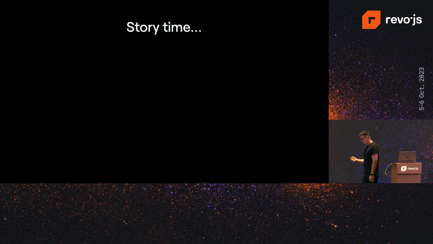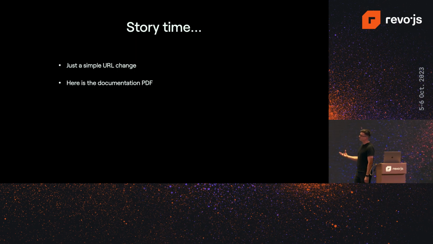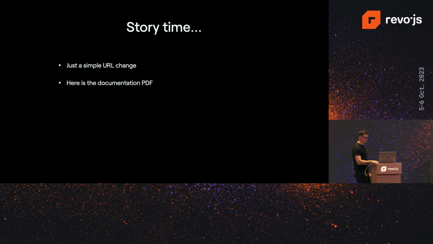So let me tell you a story. A couple of months ago, our logistics partner came and said that they need to make some changes to the API. But basically, it's just going to be something where we need to change the URL, and then it's still going to work. So we said, OK, but do you have any documentation for the stuff that changed? They said, OK, here's a PDF with the documentation. So when you get the documentation for an API in a PDF file, you just know it's going to be an amazing API, and it's going to be great. What can go wrong?